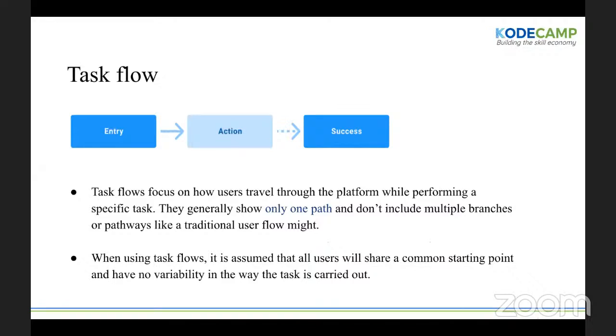What we want our users to do at the end of the day, whether it is to sign up to our newsletters, or to check out on this e-commerce platform, or to donate money to this donation platform, or as the case may be. So basically, the task flow focuses on how users travel through the platform while performing a specific task. They generally show just one path, and they may not necessarily include multiple branches, or pathways like a traditional user flow would, which I will show you all